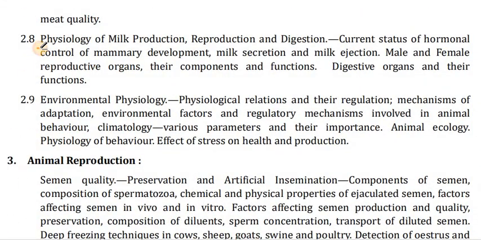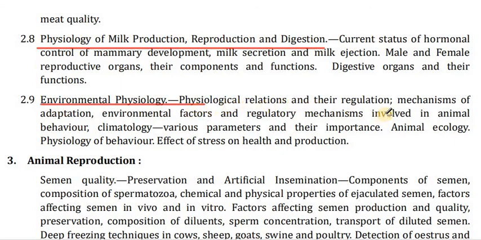Next is physiology of milk production, reproduction and digestion. Current status of hormonal control of mammary development, milk secretion and milk ejection. Male and female reproductive organs, their components and functions, digestive organs and their functions, environmental physiology,